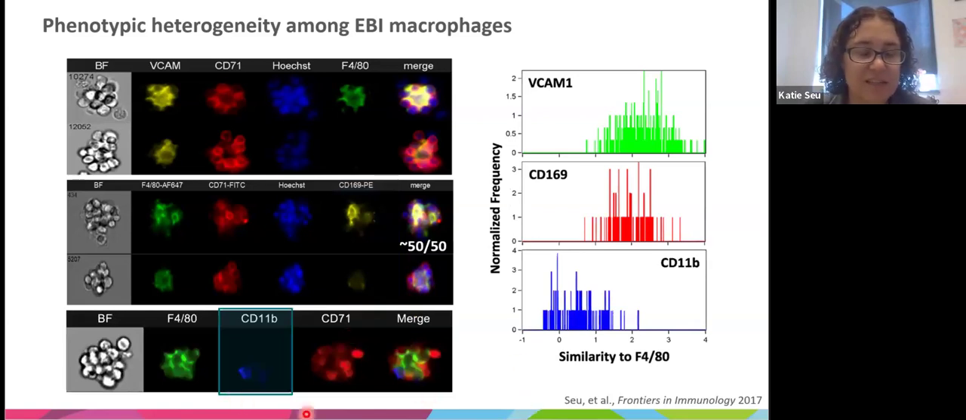And then finally, the CD11B that was used by the Levesque group, we found that that was not correlated well with the F480 expression. However, we did find CD11B within these cell clusters, and surprisingly, it was not just on the macrophages, but in cells that were on the clusters. And so this